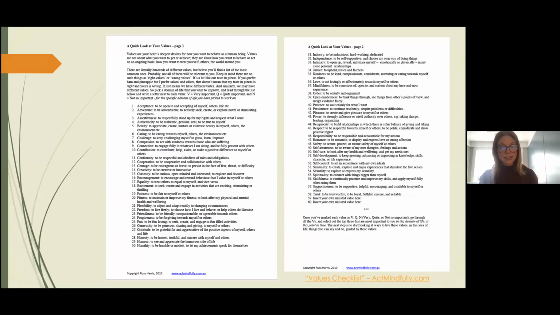This is the values checklist. If you look up values checklist, this is probably going to be the most standard one. I did use this one for a long time, and I do like it for a number of reasons. But sometimes the definitions can get a little clunky, and for some people, the definitions don't always resonate. It's also a lot of things to think about. But it can be useful for folks who want to read and think, and you label them very important, quite important, and not important, I think. And then eventually you hone it down to the top 6. So for all of these, it's letting people go through a first pass of what matters to you, and then ultimately narrow it down.